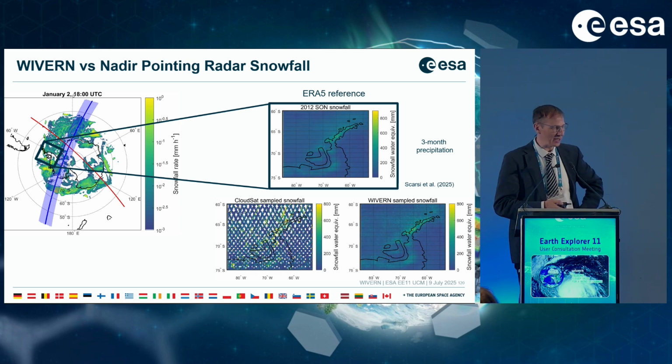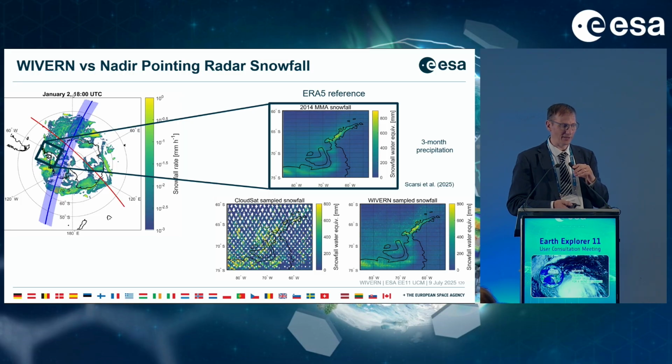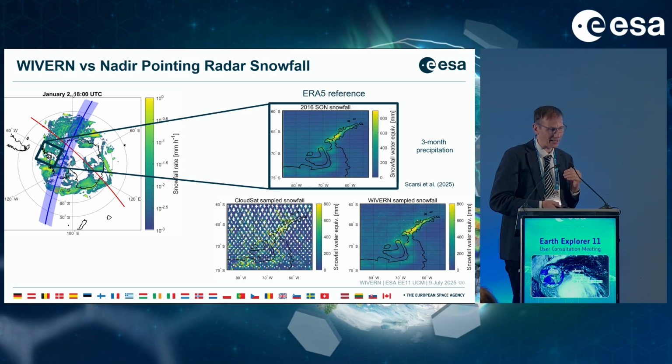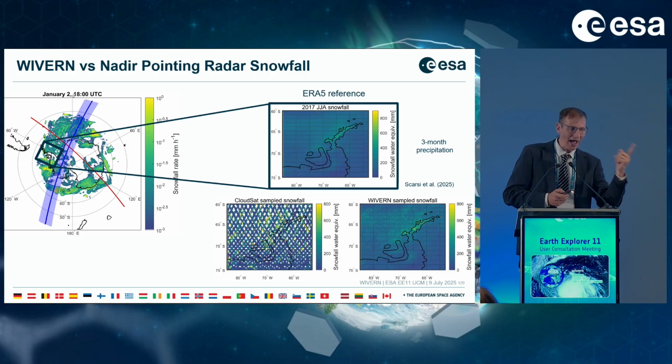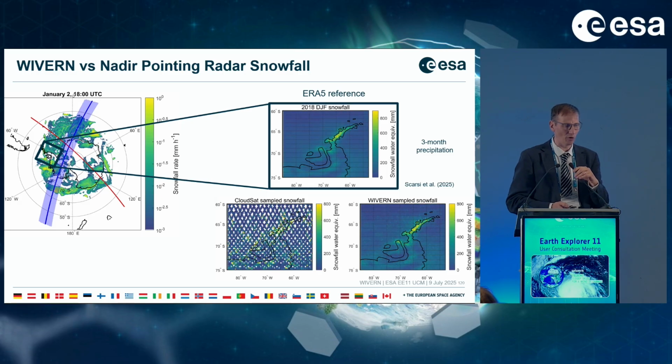Let's focus on the peninsula, which is characterized by strong spatial variability in snowfall. We use ERA5 as a reference, and we move across from 2011 to 2020. The bottom plots compare how Wyvern and a nadir-looking radar will sample actual 3-month period snowfall at